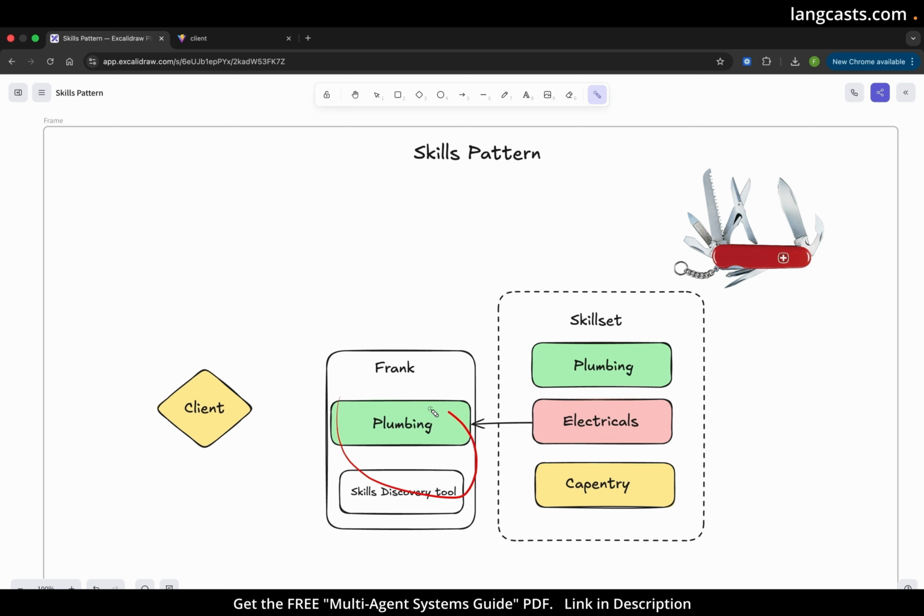So the agent, with its understanding, is going to call the skills discovery tool. It's going to take the user's instructions, use its base instructions and the skill discovery tool to get all the skills. It then identifies which skill is relevant to the user's request. Let's say plumbing. Oh, it's plumbing. It then uses a function, like a use skill function, to load in that plumbing skill. It also loads in instructions, because these skill sets are basically composed,